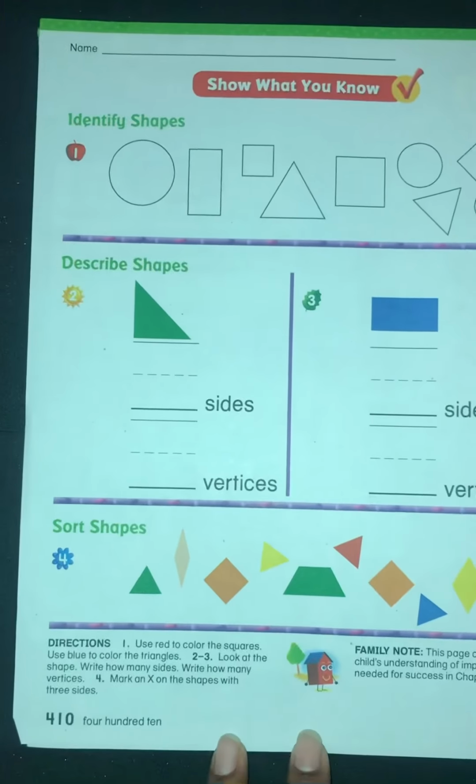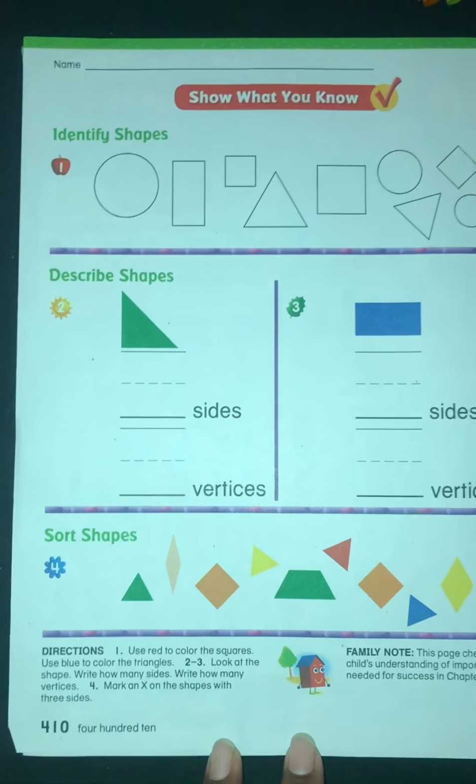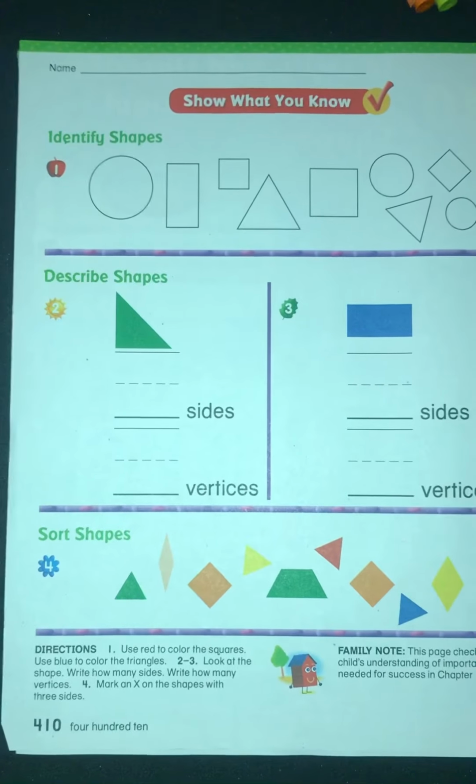Then I'll flip. All right, for number 1, it says use red to color the squares, and then use blue to color the triangles. So I'm